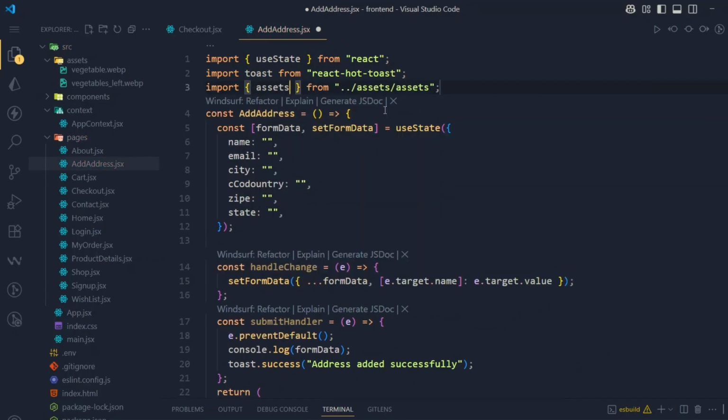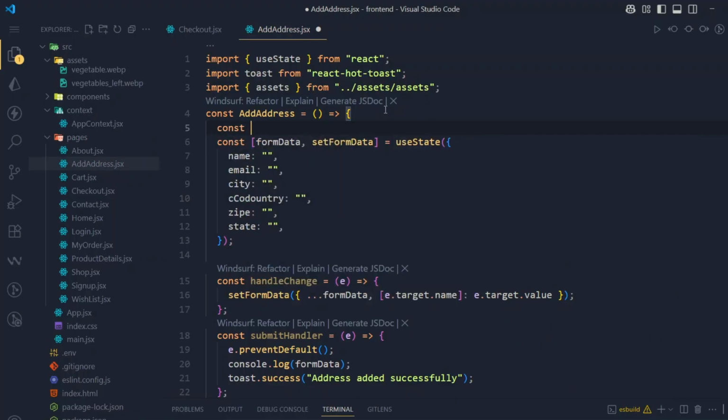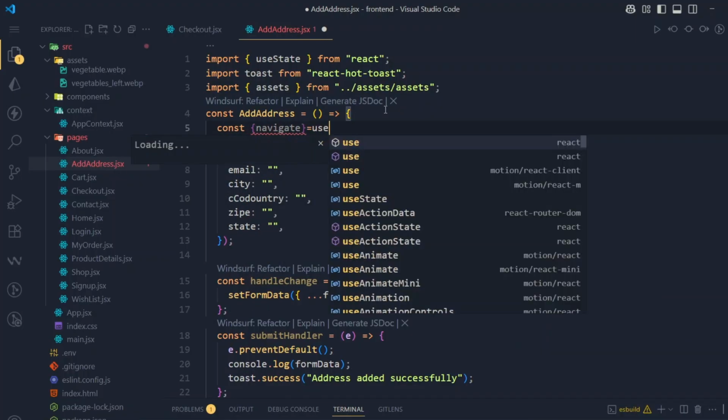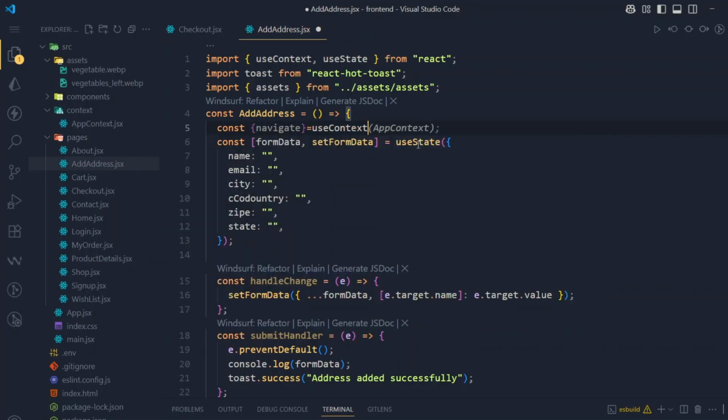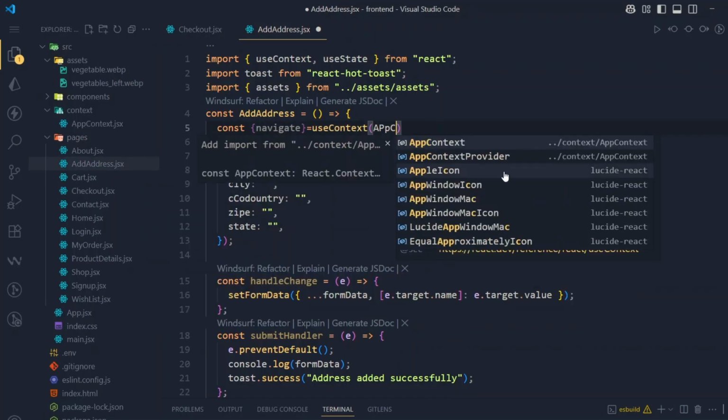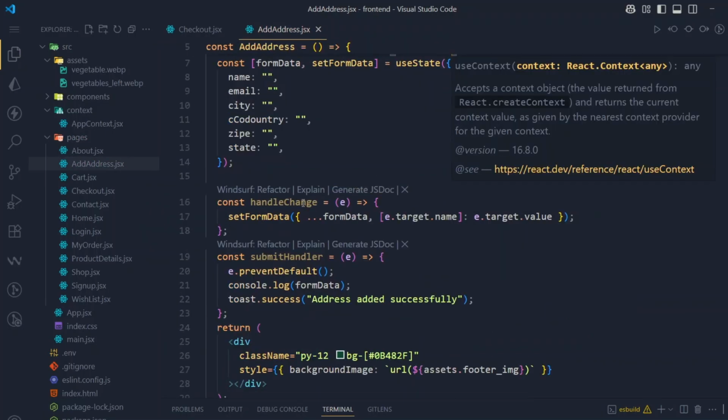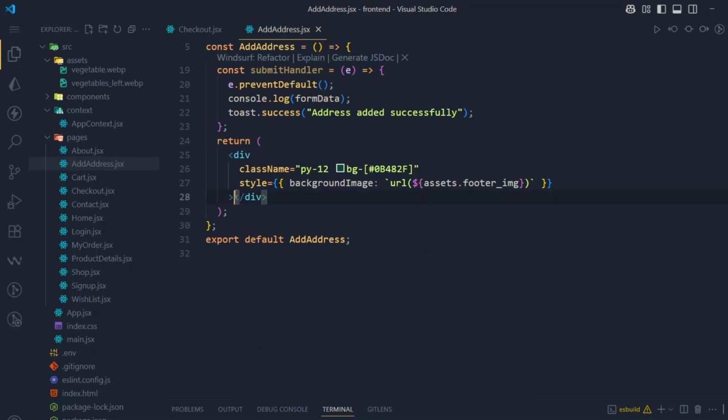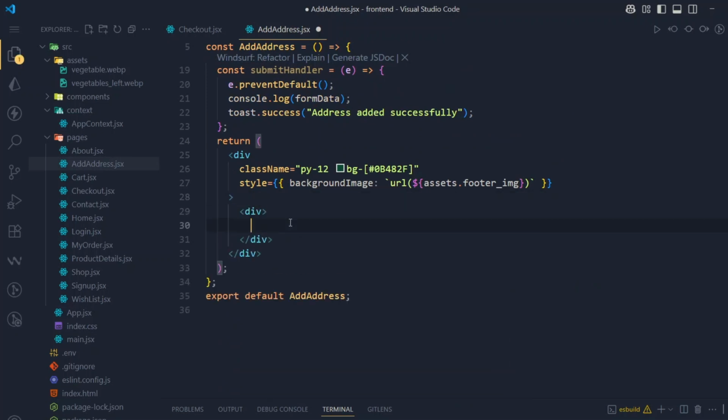I will import assets, and one more thing we need here, navigate. So I will use navigate from our store, useContext, then we will use AppContext. This is done. Okay, so inside this div we need one more div, and inside this div we will use